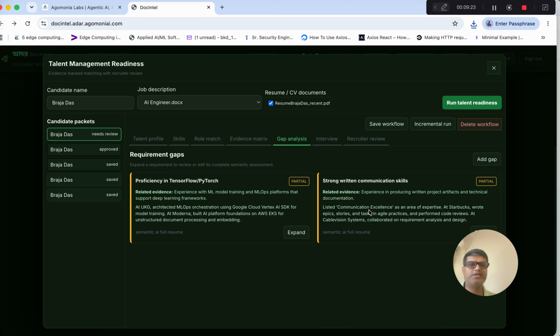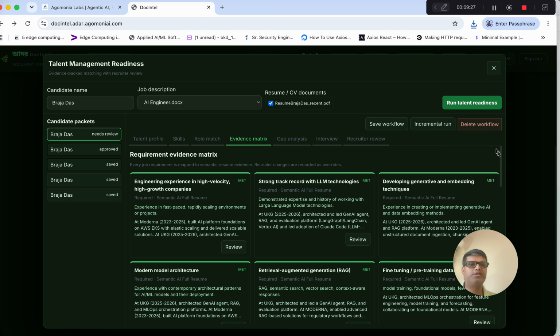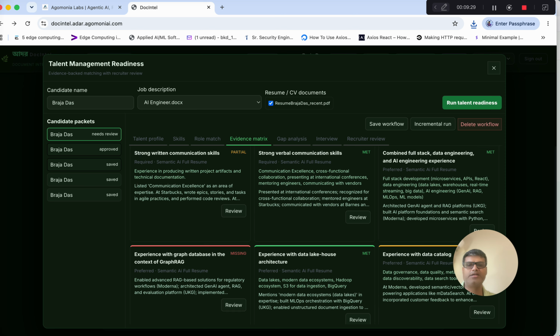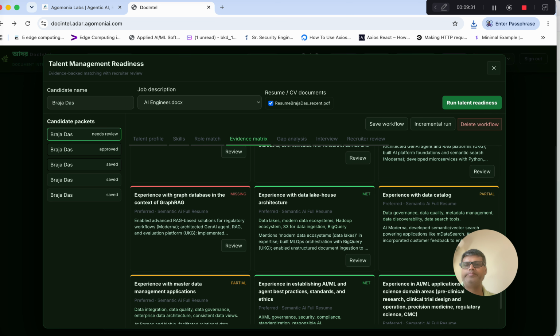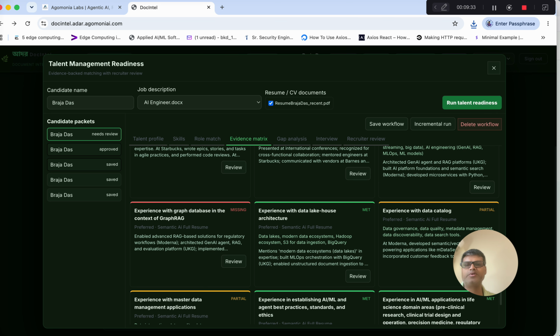Although it means communication excellence, how does this strong written communication skill work? Basically, it asks, right? Look at some of the things it says are missing. It says missing for a reason, right? Now if something is missing, you have options for